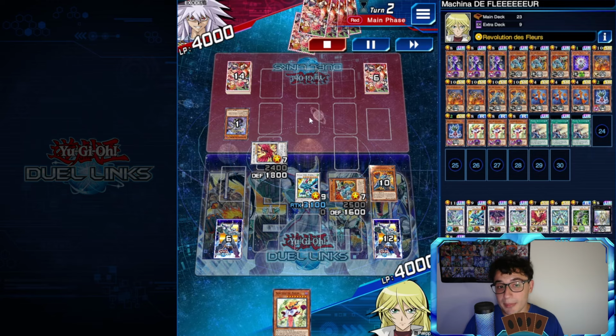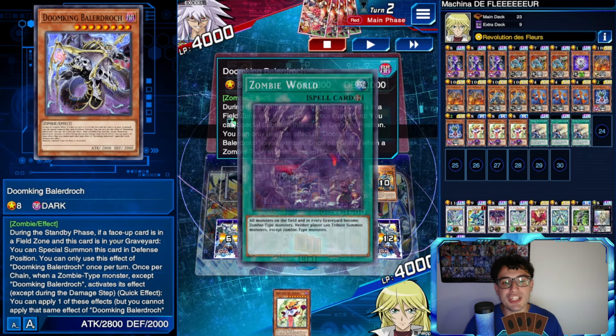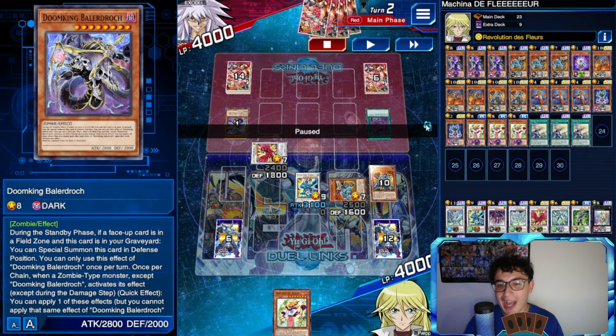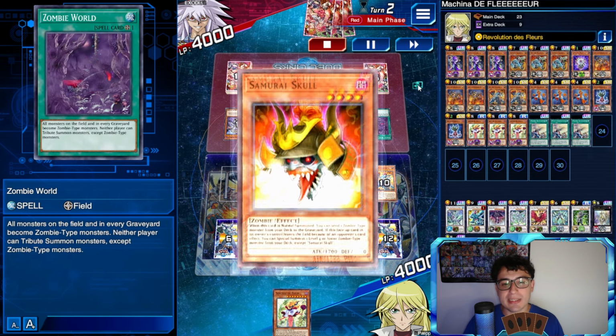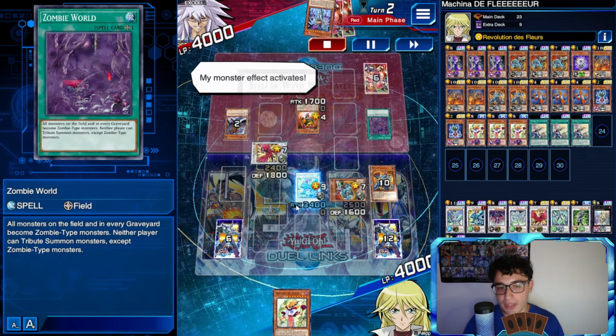He's got zombies, he has the perfect hand, because he just discarded Battle Watch to draw, and then he's got also the field spell. Perfect. So he started with the Samurai Skull, that's fine. Wolf Ray gets more effect, then Jacobolan to get even more effect. But guess what? The effect of Moonlight Dragon activates to bounce that, then Mizuki to go straight away into Balladroch,